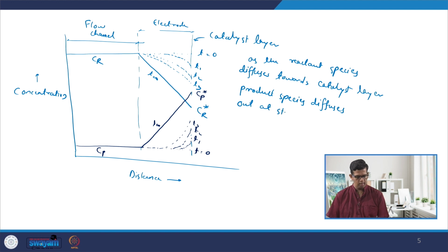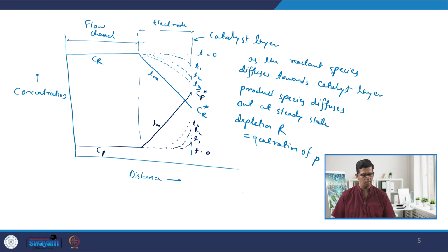At the steady state, depletion of reactant species is equal to generation of product species. Okay. So, when the steady state reaches, the concentration of reactant species at the rate which they are